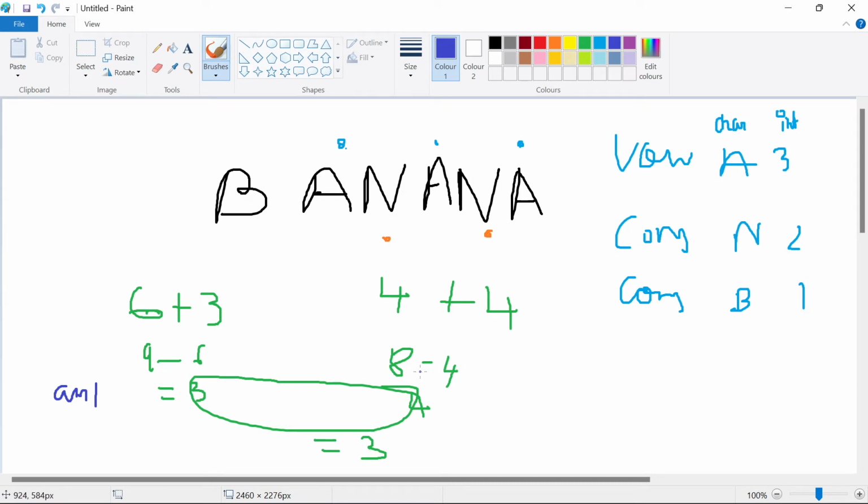So we'll be getting 8. Then I check which consonant has the maximum occurrence, in this case 2. We'll not be taking those, we'll be keeping them. So 2 into 2, 4, and the answer is 4. The minimum of these two is 3.